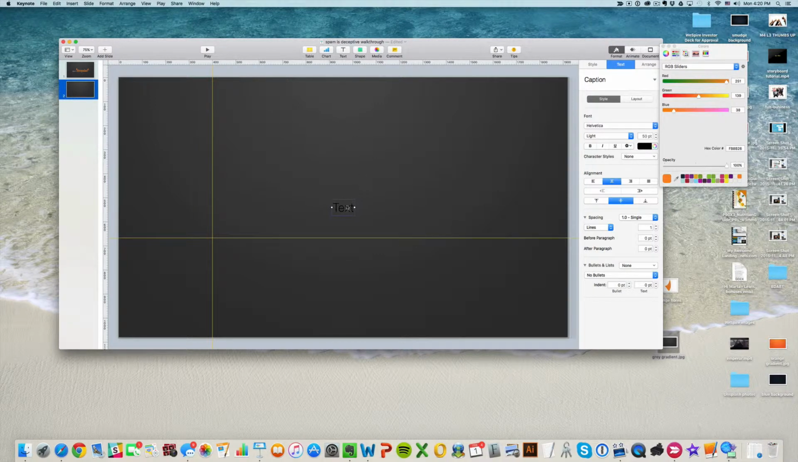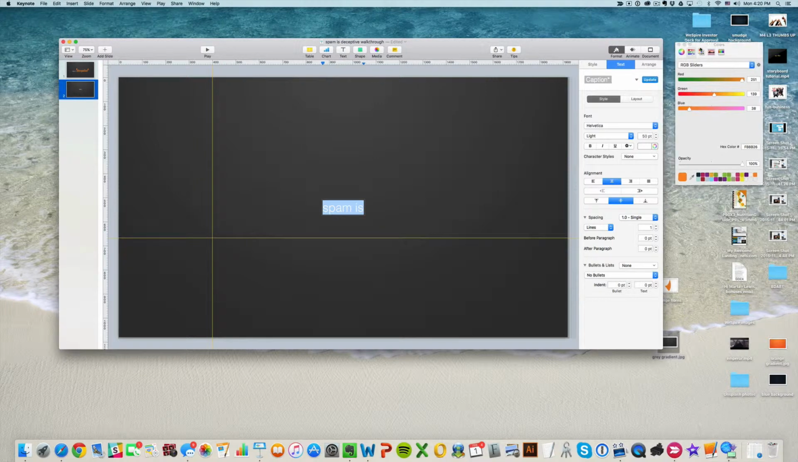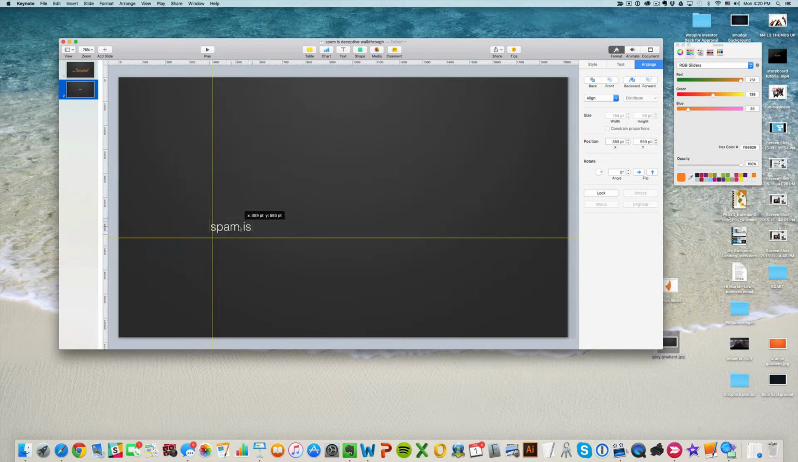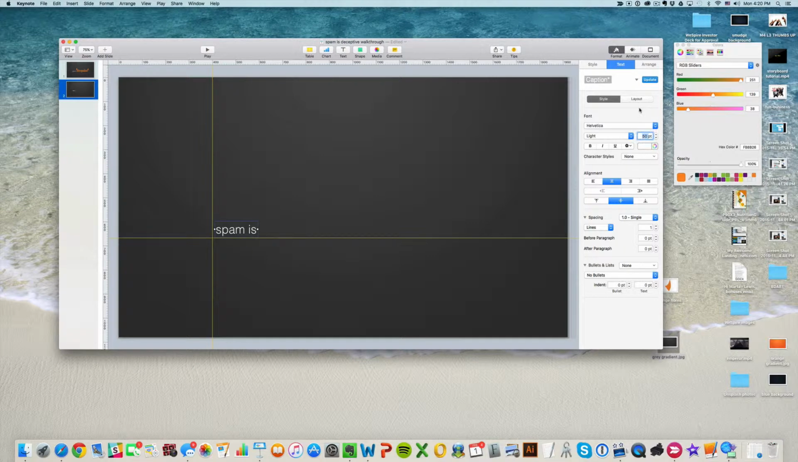So I'm going to click on the text box. I've got some text here. It's going to say spam is, but I want it to be in white. So I'm going to select it and go to my color menu and choose the white. And then I'm going to go ahead and drag it over here, but it's not the right size. It's much bigger. It's more like a 75 point. So let's go ahead and make that 75 point